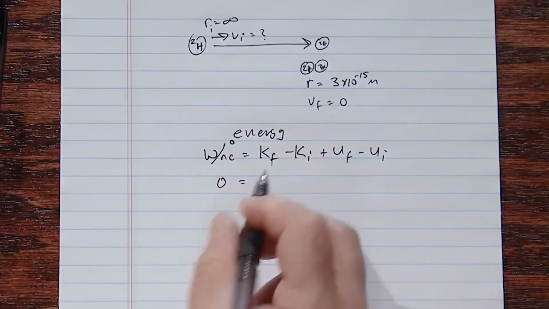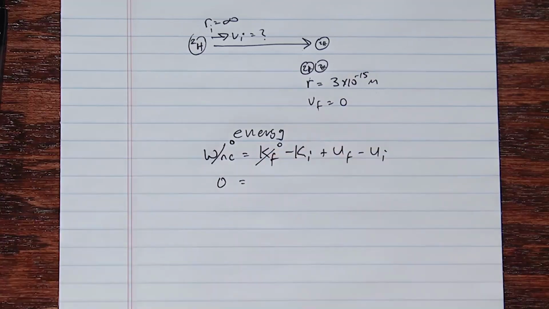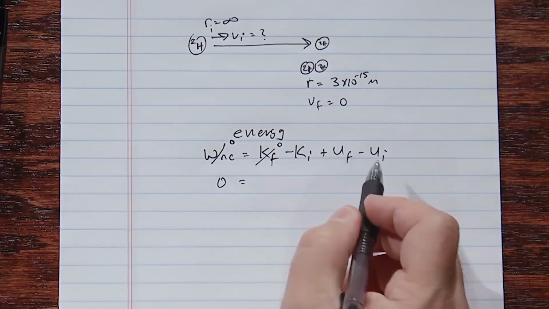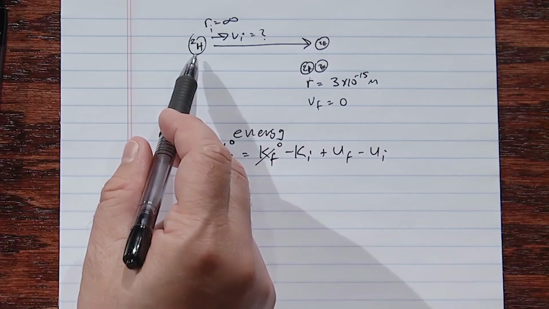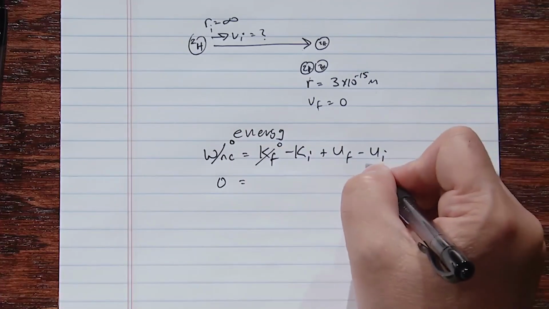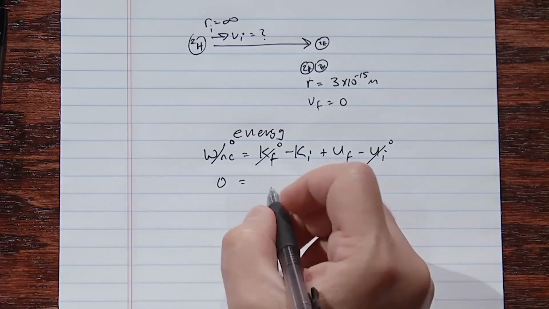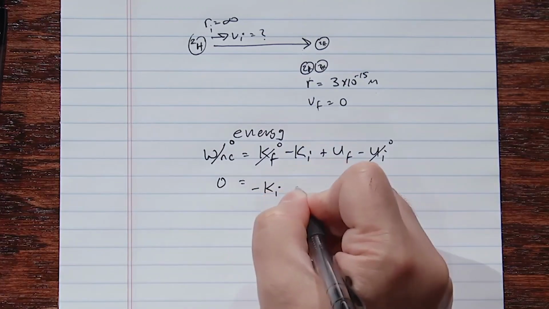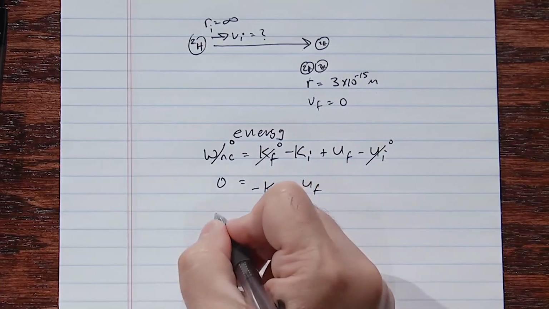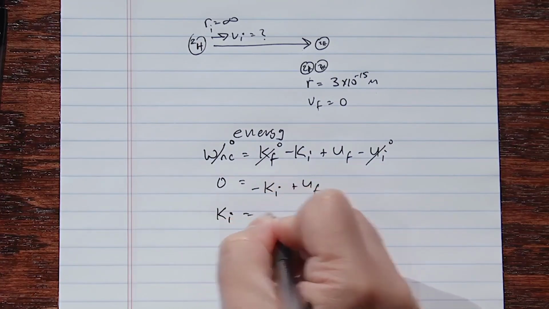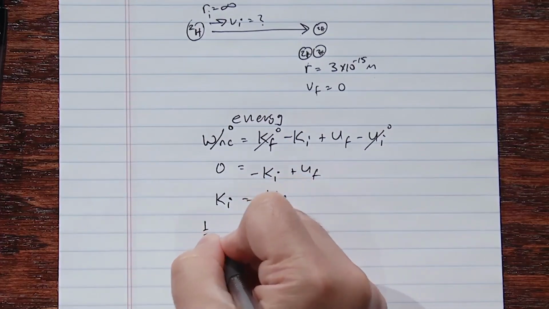Final kinetic energy is 0 because it's at rest finally. Initial potential energy is 0 because the proton is initially infinitely far away. So we're left with 0 is equal to minus kinetic energy initial plus potential energy final. That tells us that kinetic energy initial is equal to potential energy final, or 1/2